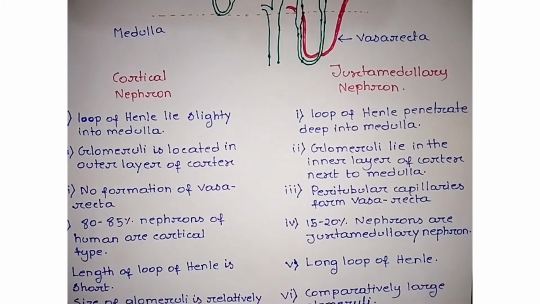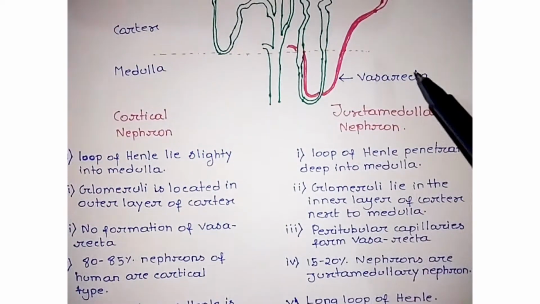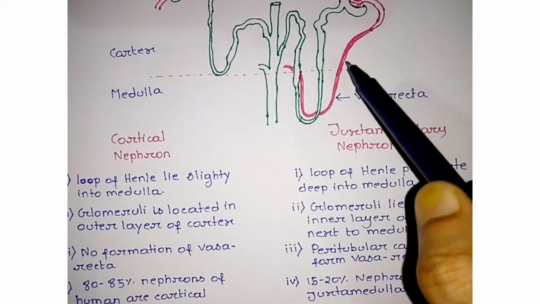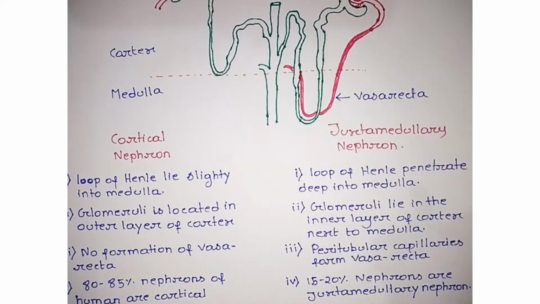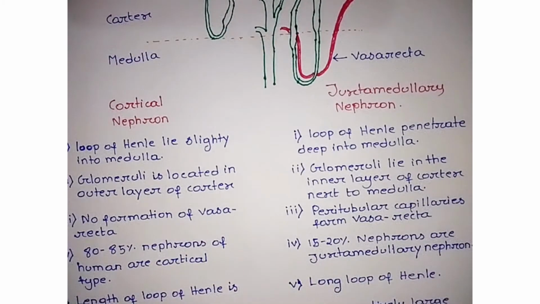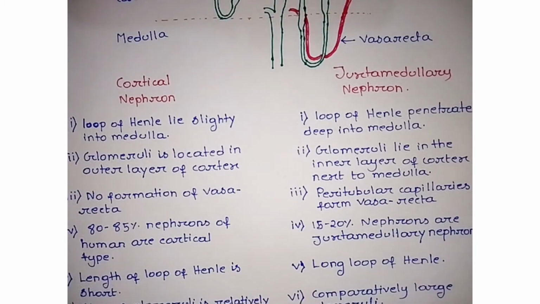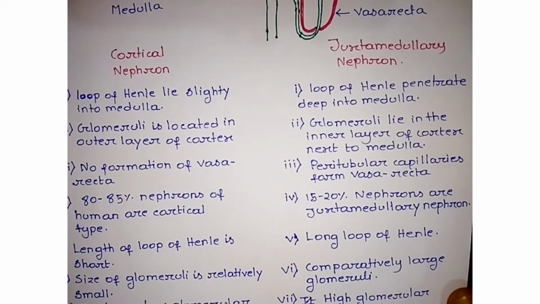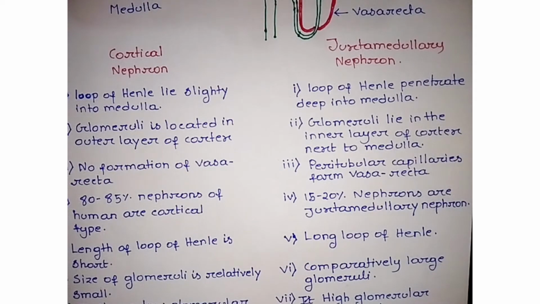Now, no formation of vasa recta. We can't see any vasa recta in the cortical nephron. Here we find the vasa recta. Peritubular capillaries form the vasa recta. Vasa recta helps in the filtration process. It helps in maintaining the osmolarity between the interstitial fluid and the